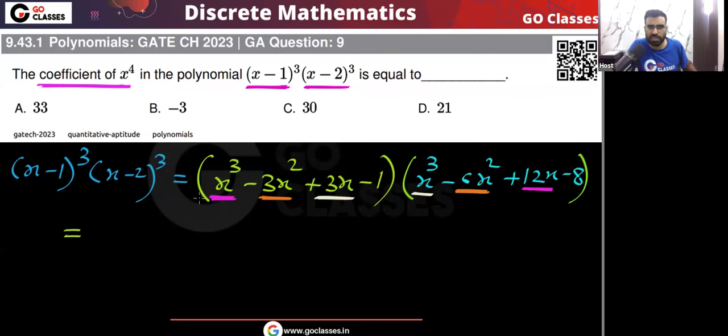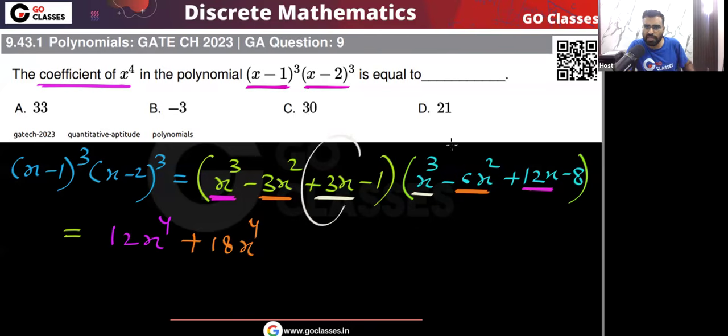So you can easily see this x power 3 I can multiply with this 12x, so I will get 12x power 4. Next, this minus 3x square I can multiply with minus 6x square, so I will get 18x power 4.